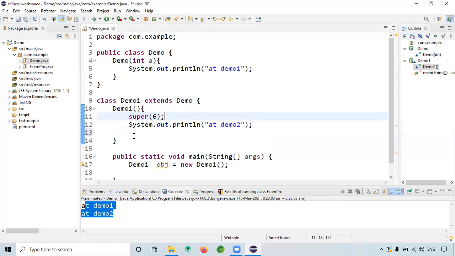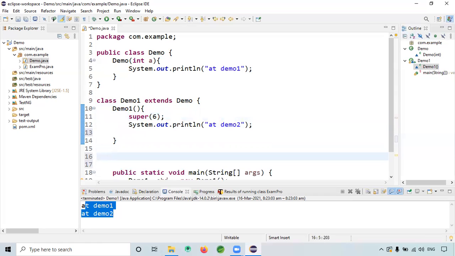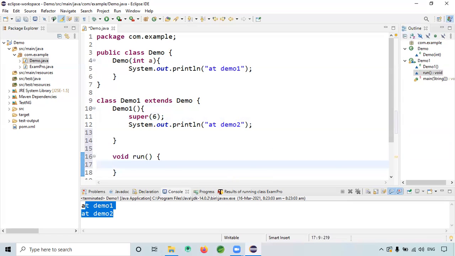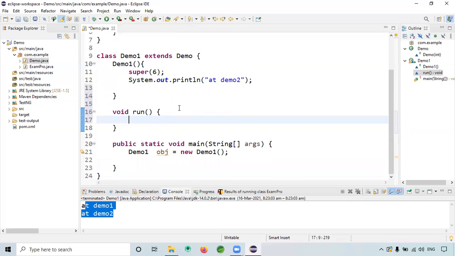One more thing. Let's say I have one method like this, void m. This is inside the Demo 1 class.